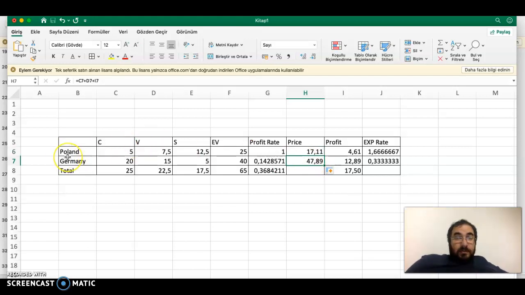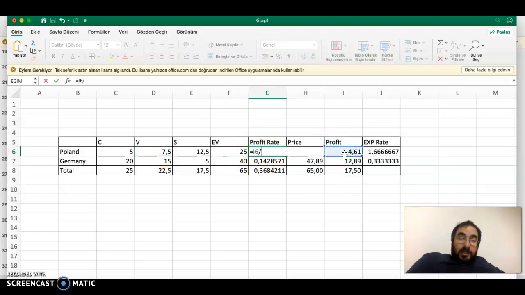In Poland, basically because there is an overinvestment in Polish agricultural businesses, and in Germany, price will increase because there will be underinvestment, so production will decrease. This will increase prices. The price will increase above the exchange value. In general, the price will be the same, 65 again, and the profit rate will be